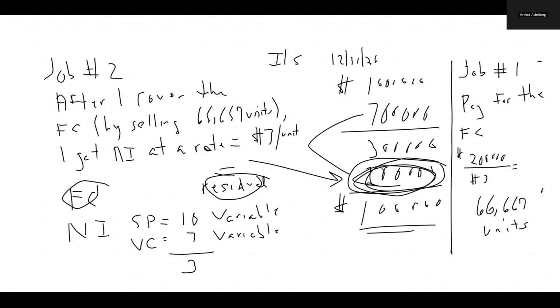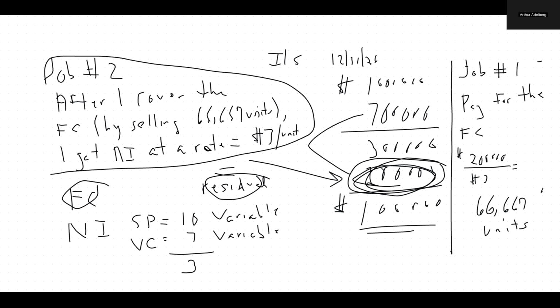Job number two. Maybe it's easier for you to visualize it this way. Let me simply say this. If I sell exactly 66,667 units, I will exactly pay for my $200,000 of fixed cost, but I'm not going to have any net income. No net income. So if I want to earn net income,